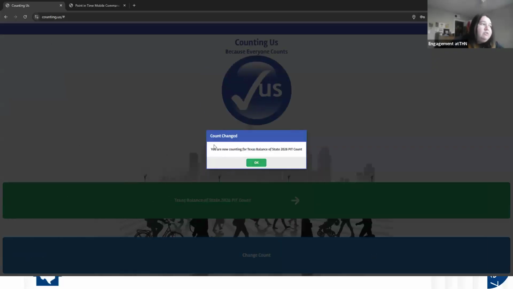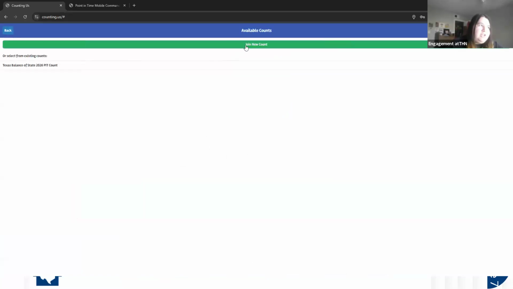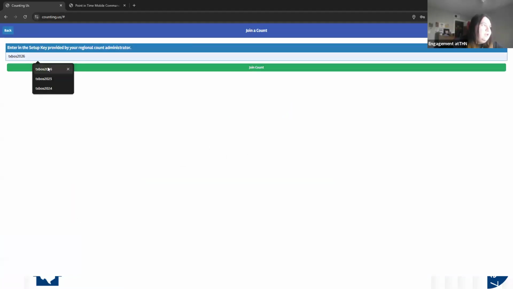Once you're done with that, you should have a little pop-up that says you are now counting for the Texas Balance of State 2026 pit count. If it says 2025 or 2024 or anything else, those surveys will not be counted. So just make sure that you go to Change Count, click Join New Count, enter in your setup